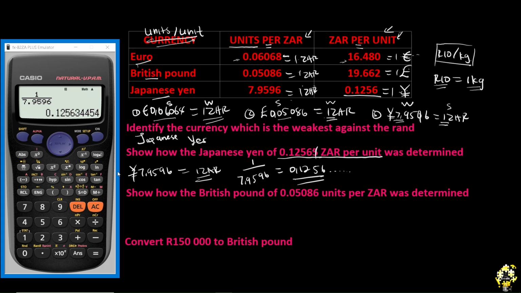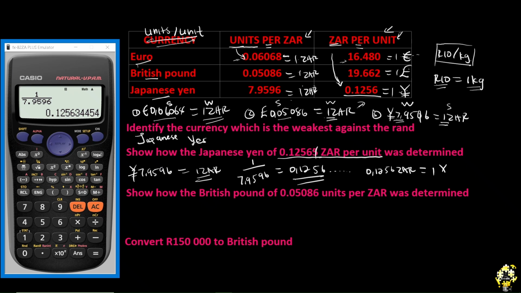The same way, if maybe they gave you this, and they ask you how did they calculate this, just start by writing. Just simply say that we are given that for 0.1256 South African rands, yes, it's South African rands. It's the number that started here. Remember, the number that starts is what you are seeing here. That's why here it's units, because it's the number that starts. You can actually get yourself